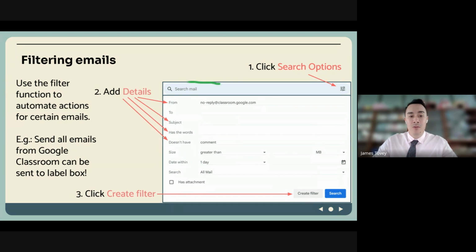Now, up at the top of your normal email, you've got your, what do you call it, your search area. Up in the top right there, you've got the filters. So you can actually click these search options or filters. It brings up this dialog. You can add the details of what you're trying to filter. So for example, we're going to use this,